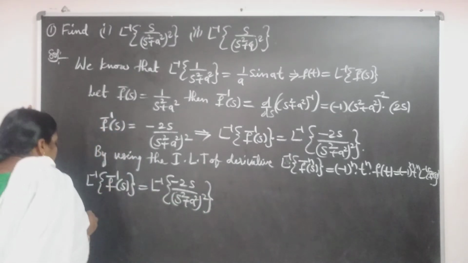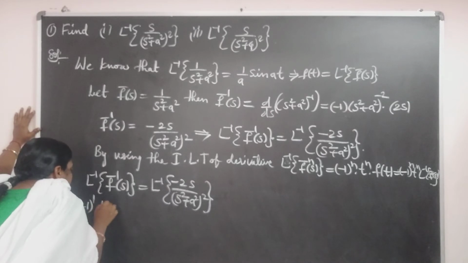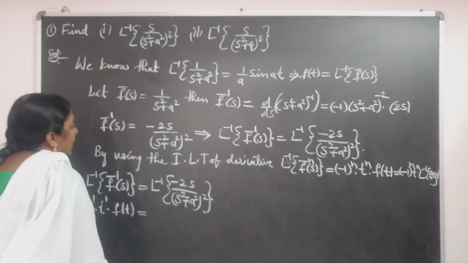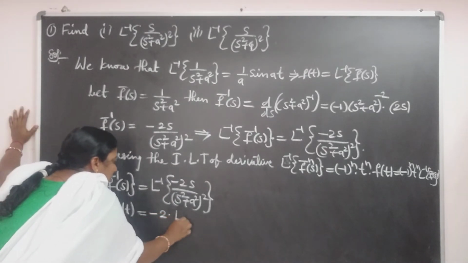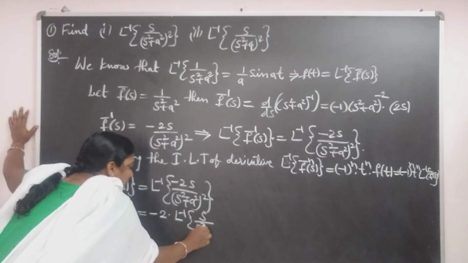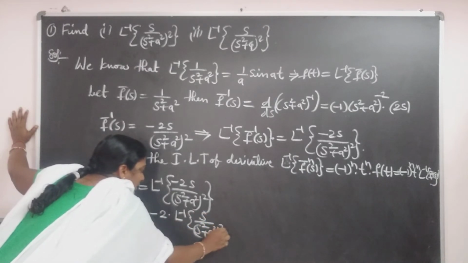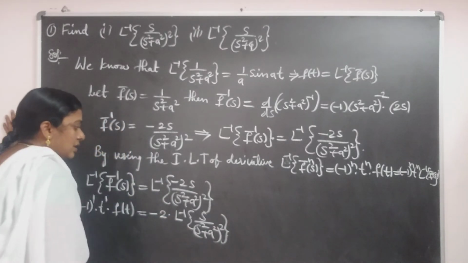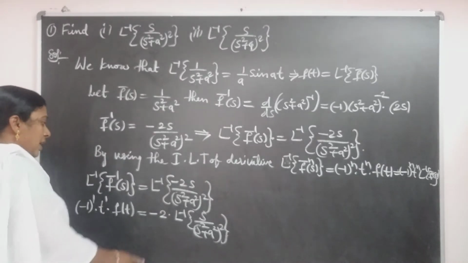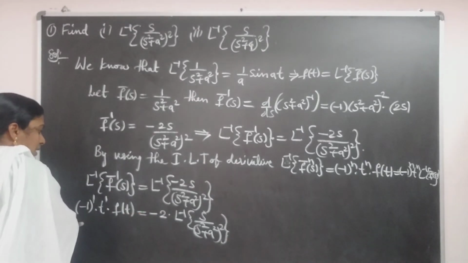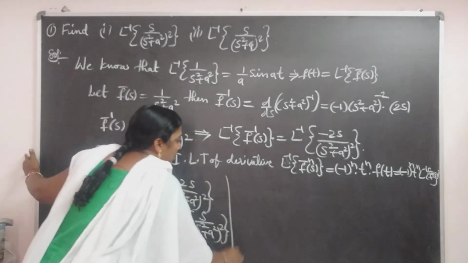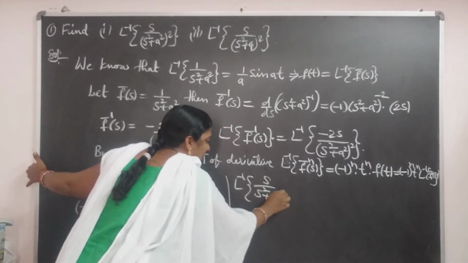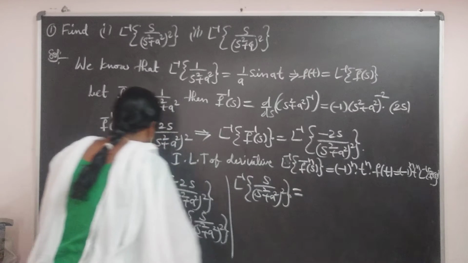Here in this case it is (-1)^1 t^1 f(t), which is equal to -2 into L inverse of s by (s^2 + a^2) whole square. We leave the L inverse of s by (s^2 + a^2) whole square, then this -2 is taken to this side. Then it becomes L inverse of s by (s^2 + a^2) whole square, which is equal to